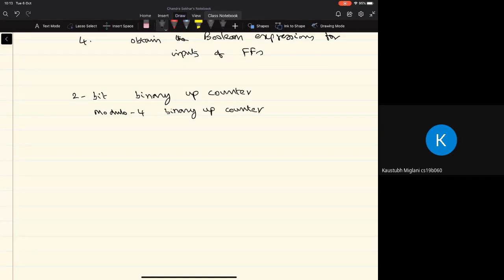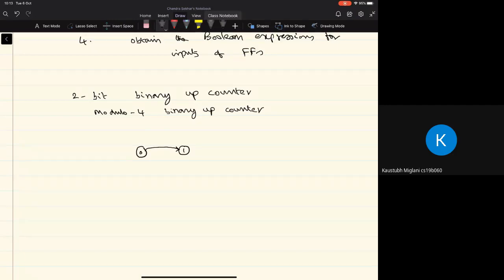And we can represent it in the form of the state transition diagram. So let's start with the initial state, and we normally indicate the state of the circuit by a circle, right? And we keep the value of the state of the circuit as a number inside the circle. So in this case, we start with the value of 0, right? And when you want to count in the upward direction, the next state will be the incremented value, right? And when will it go from the current value to the next value? Whenever there is a control signal that's active, whenever there is a clock signal that is active.